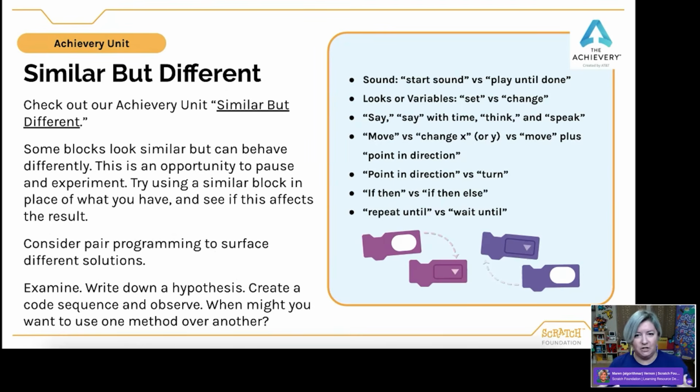encourage that experimentation. As learners iterate on their code, they may think about similar sequences that could make their code more efficient to write or to edit, or maybe be easier to understand. Some contexts may benefit from one block over the other. So comparing these similar but different solutions really provides an opportunity for collaboration, giving and receiving feedback, and seeing from another point of view. Another Scratcher may see a different path, and that's an opportunity for us to learn from each other. Why did you choose that path?